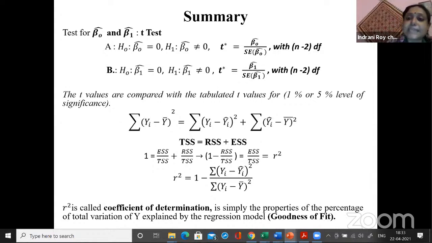Now you have to statistically validate your regression estimates. Okay, so for the statistical validity, you have to construct the null hypothesis which says that beta naught hat is equal to 0, and for the other one beta 1 hat is equal to 0, and your alternatives are beta naught hat not equal to 0. Similarly, for the other regression slope coefficient, beta 1 hat not equal to 0, and then you construct the corresponding t values. This is basically the estimated parameter divided by the standard error of beta naught hat.